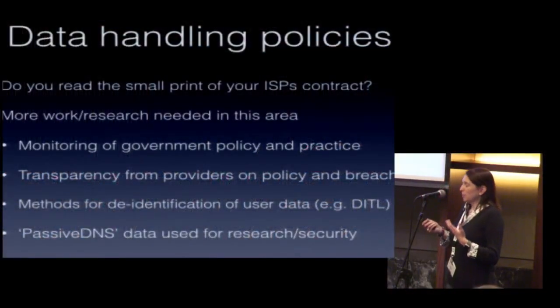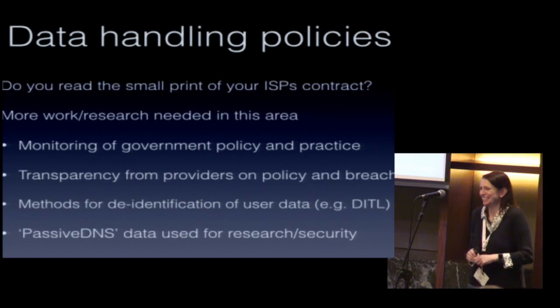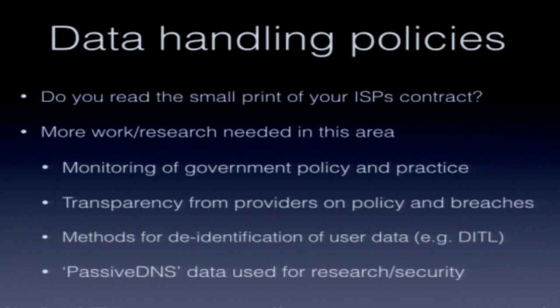So what we need to be doing here is looking at more that needs to be done. So, for example, government policy and practice in terms of surveillance and data sharing, particularly in light of some recent political events. We might all want to be thinking about this. Had to say it. Also, what you really want is much more transparency from users and providers about what are they doing with their data? Why is it in the small print? Why isn't it upfront and easy for you to find out?